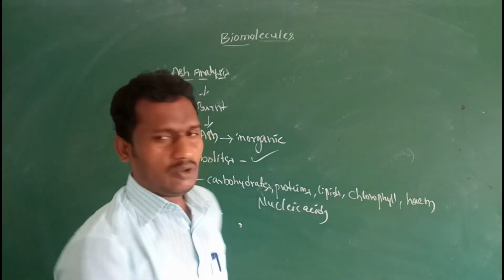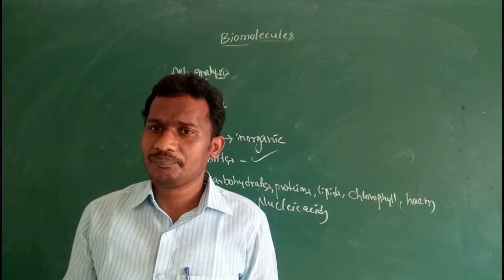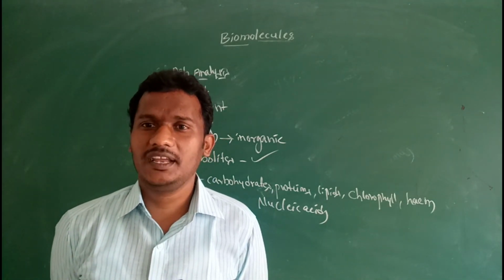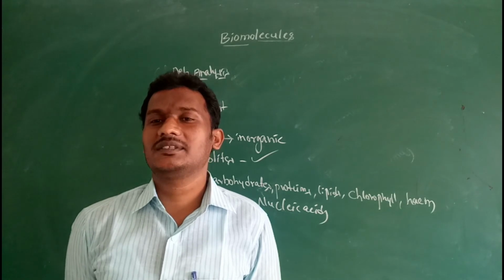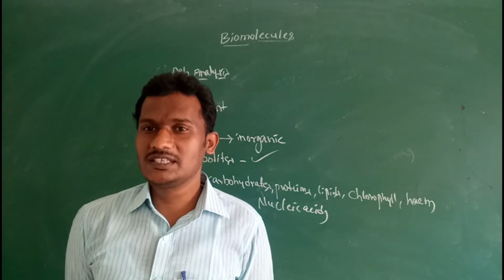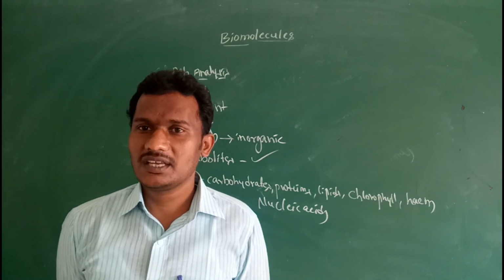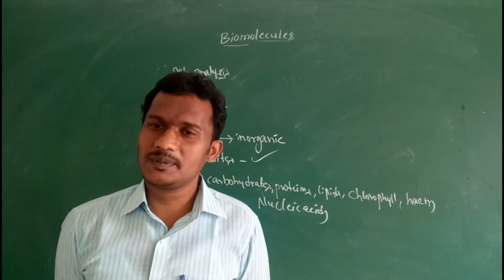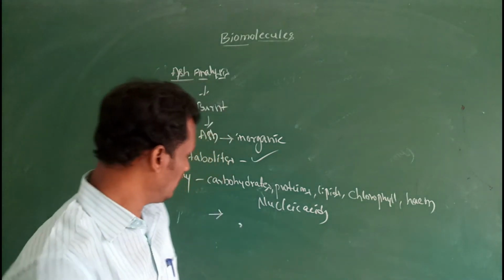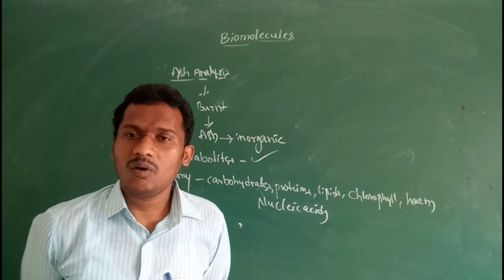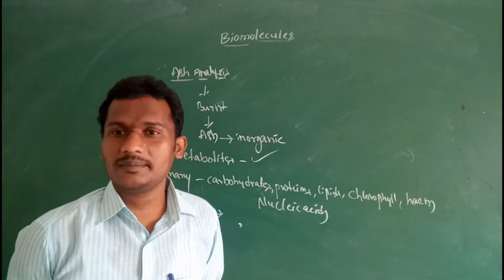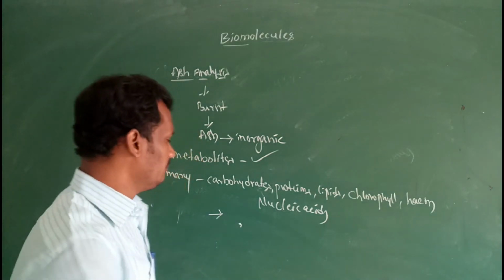For example, nucleic acids are necessary to complete the life cycle of all organisms. Without genetic material, organisms cannot evolve or continue their life cycle from one generation to another, and at the same time cannot express their physical and genetic characters. So these are present in all types of organisms.